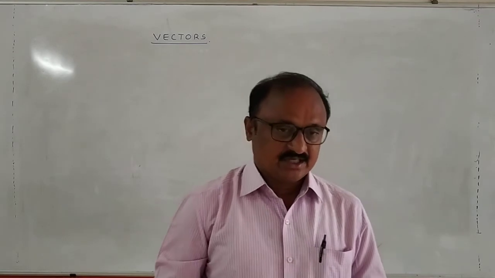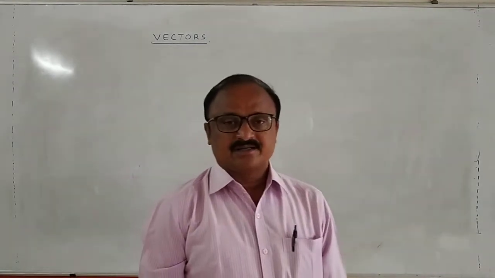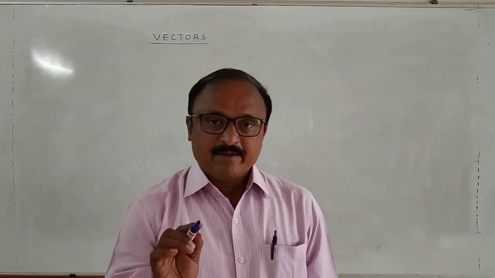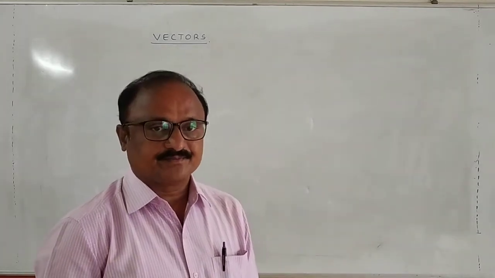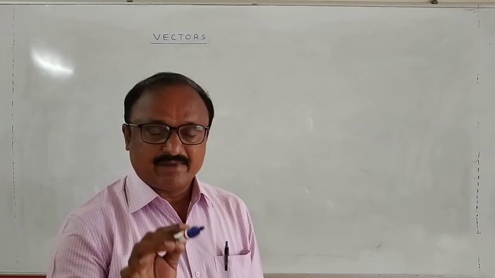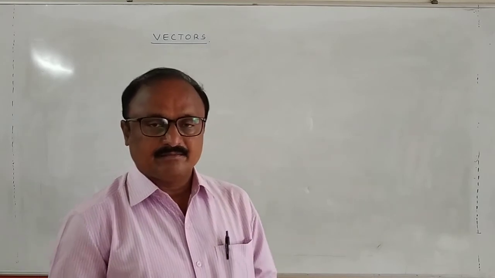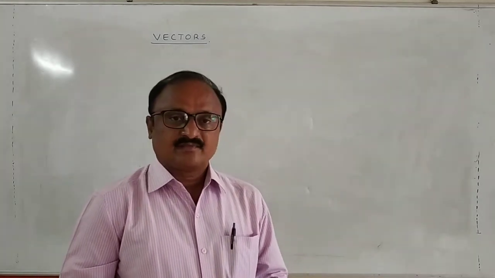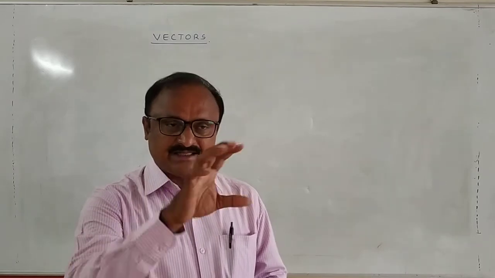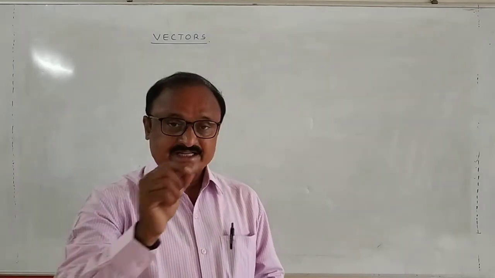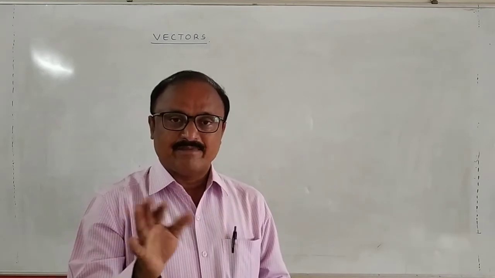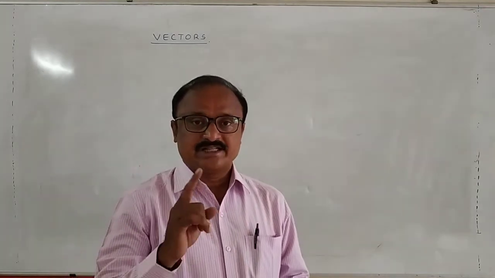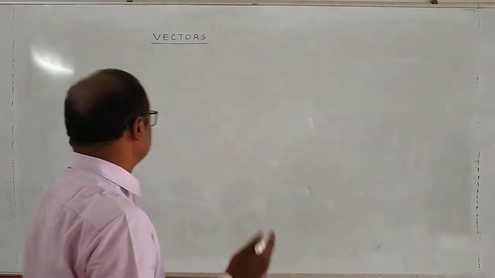Okay, right. According to the parallelogram law of vectors, let p bar and q bar be any two vectors acting at a point and represented by the adjacent sides of a parallelogram. Then the diagonal drawn from the same point gives the resultant of the two vectors both in magnitude and direction. So that is the statement of the parallelogram law of vectors.